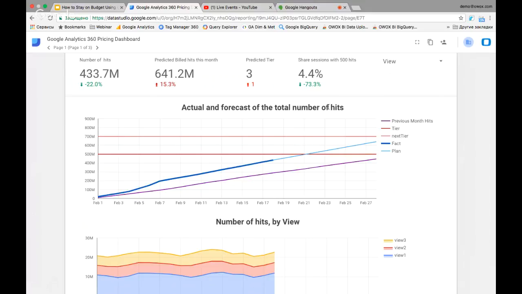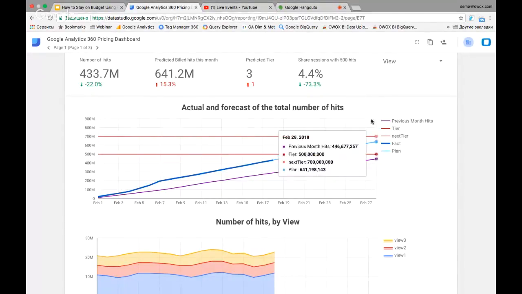So if you see that you are under the first tier and you have less than 500 million hits, but the share of sessions with more than 500 hits per session is quite big, so this value is about 10 or 20%,